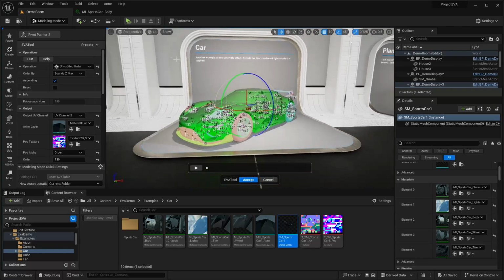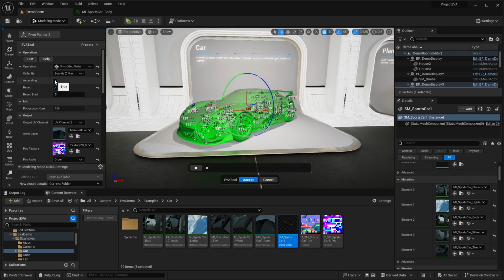If I select everything and don't click reset, it will just shuffle the existing order numbers to rearrange them, and if I reset, it will restart the numbers from 0. So here again I select everything and run it,